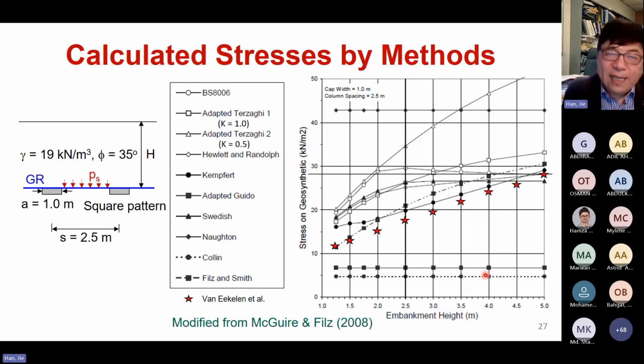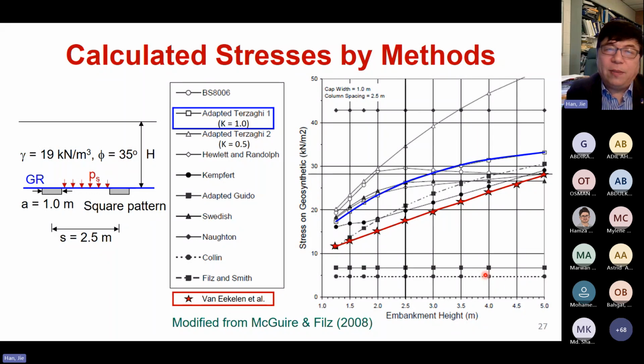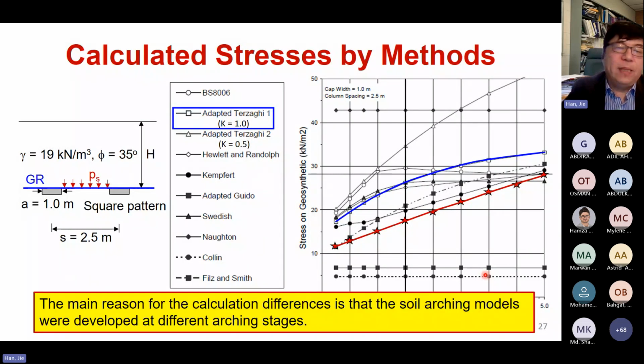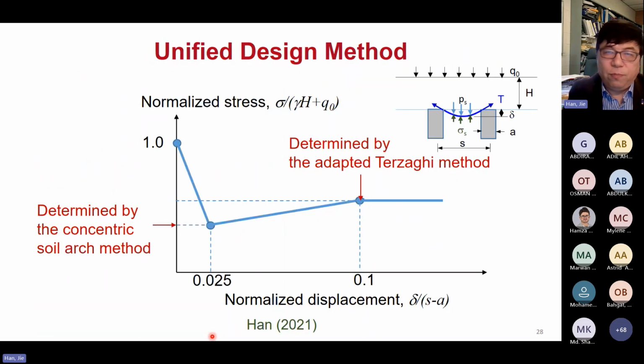Which one should we use? Why do they have different predictions? Basically, it's because the models represent soil arching at different stages. As I mentioned, soil arching really changes with displacement. You can have a small arching, a circular arching, a triangular arching, or a vertical arching. So basically, I took the Van Eekelen arch, the potential arch, and the double Terzaghi arch as 2 control points and developed the model. The main reason for the calculated difference is that the soil arching models develop at a different arch stage. But that was the model I proposed, and when I gave the Keynote lecture,